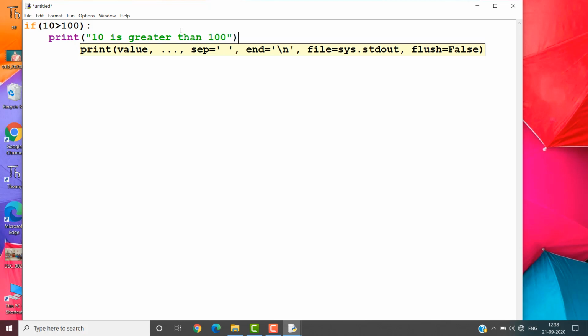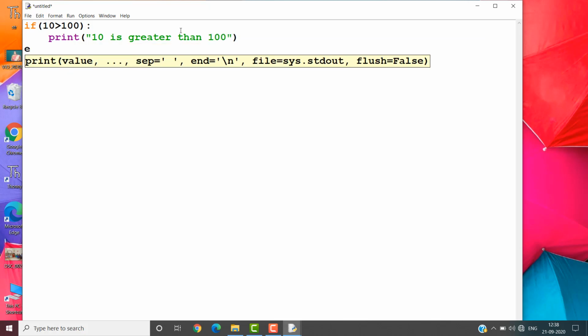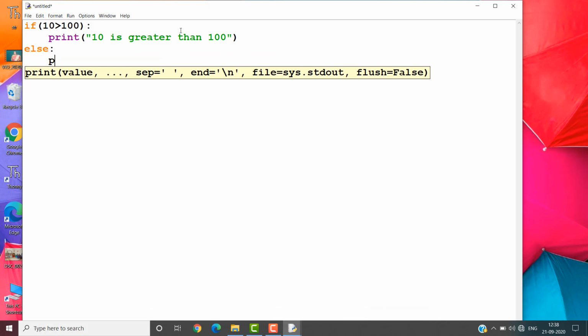If it is true, if the value is true... If it is false, what do we have to print? We have to print 10 is less than 100. Is that clear, students?